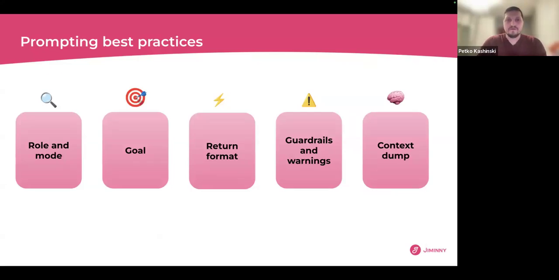Once we know how to filter out all the data, it's really important to take into consideration the second piece of the puzzle. First, on the front end, we have the data filtered. The second one is how to craft a great prompt according to best practices. The prompt has 5 different criteria. This is a framework that you most probably have seen already. However, it's quite powerful. Starting with the role and mode.